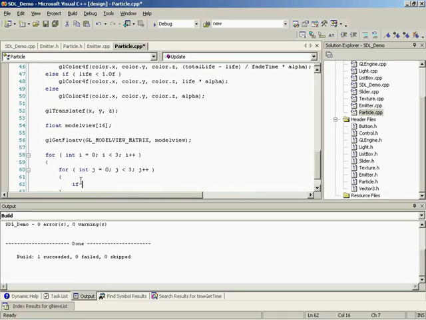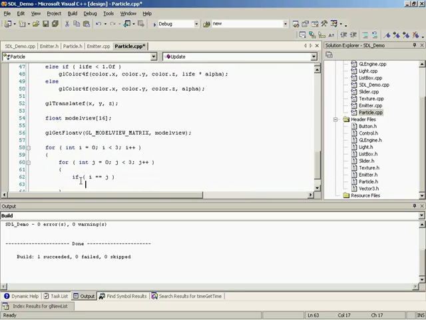So if we're on a diagonal, and to calculate whether or not we're on the diagonal, all we need to do is check if i is equal to j. Just think about it: 0,0, 1,1, 2,2. Exactly. Then we just set our model view matrix at i times 4 plus j equal to